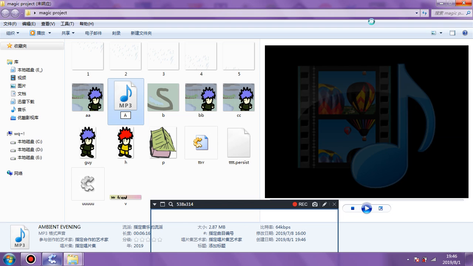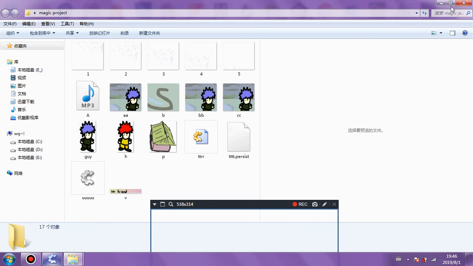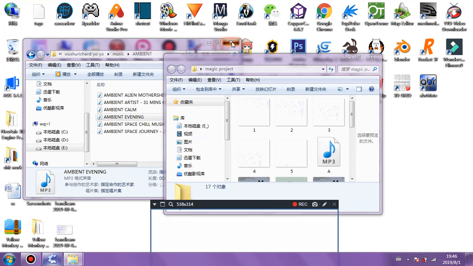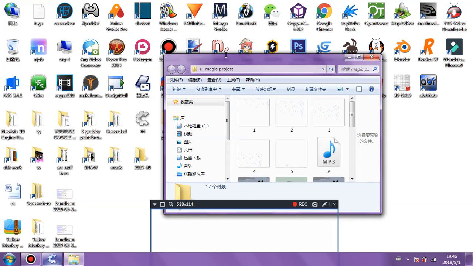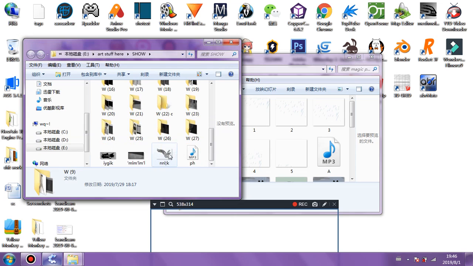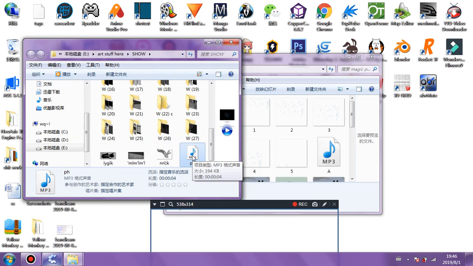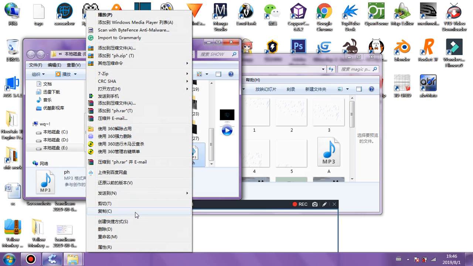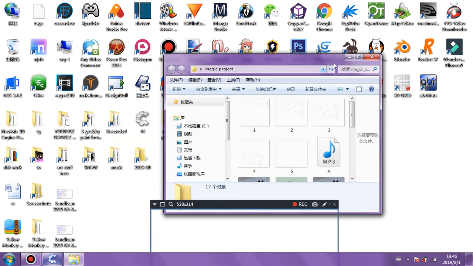I do have another sound I can get hold of pretty quickly and simply, which is a punch sound, like a hit sound. Not because there's any fighting in this game so far, but just so I can have a sound in, just to show you. Where is it? It should be a punch, yeah. Okay. PH, simple name too.